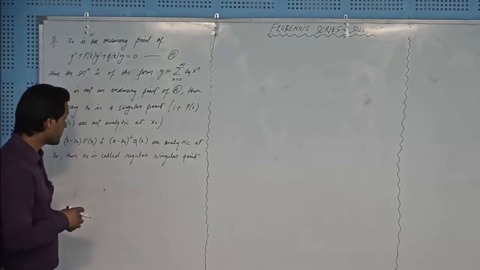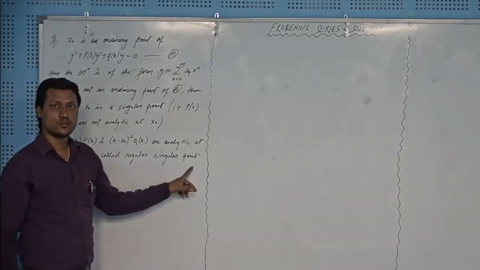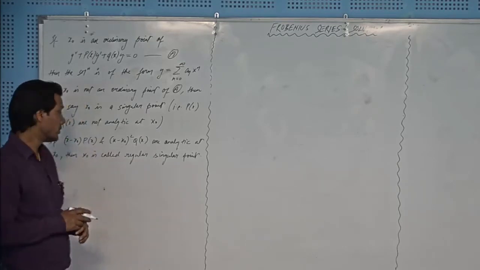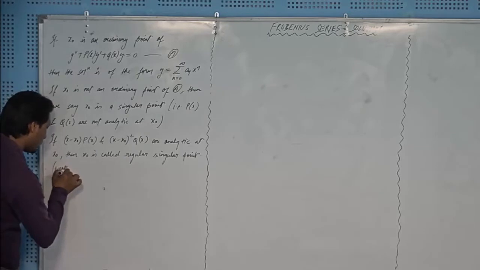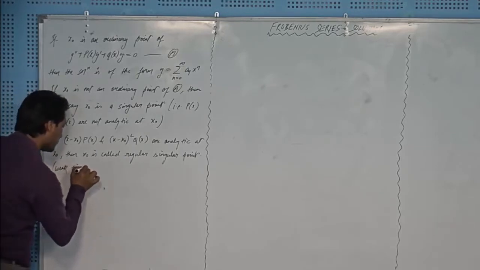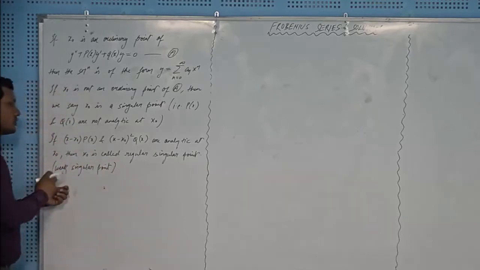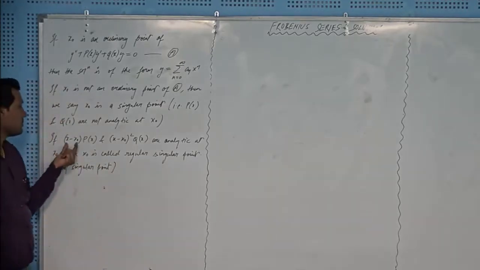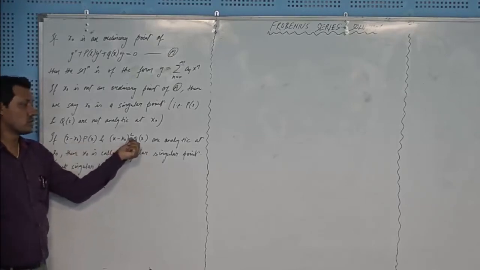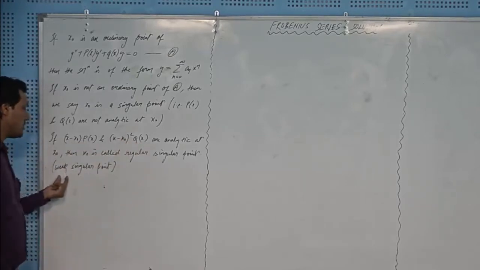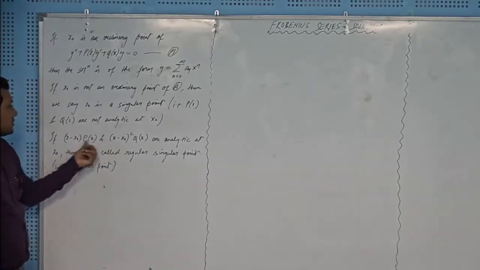It indicates that x naught is a regular singular point, or you also call it weak singularity, right? Weak in the sense because you can remove this singularity by just multiplying px with x minus x naught and multiplying qx with x minus x naught whole square. That's why we are saying it weak singular point,